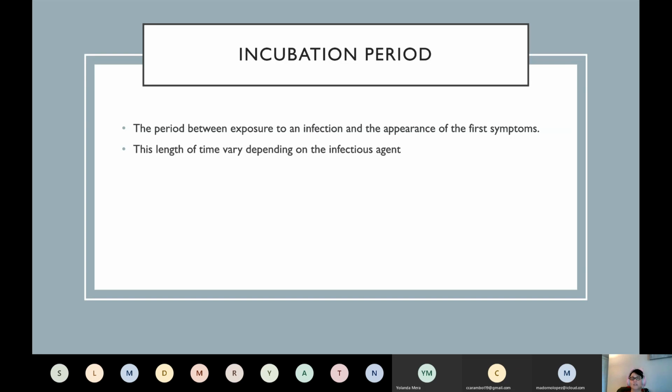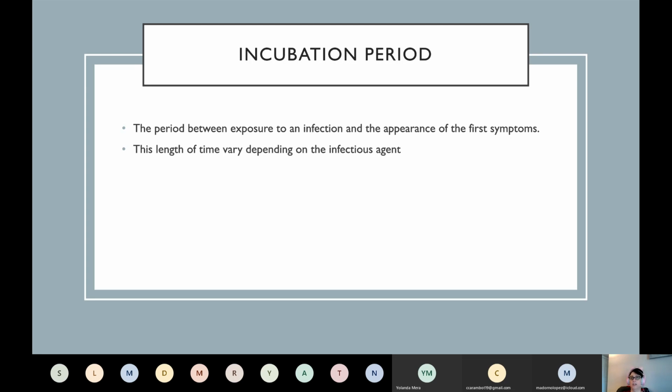What do we know? How long is the incubation period for COVID? 7 to 14 days, right? Believe it or not, I'm going to make this really easy for you. Most viruses are 7 to 14 days. So it's kind of cool. It makes it easy. Almost all of our viruses are like that.